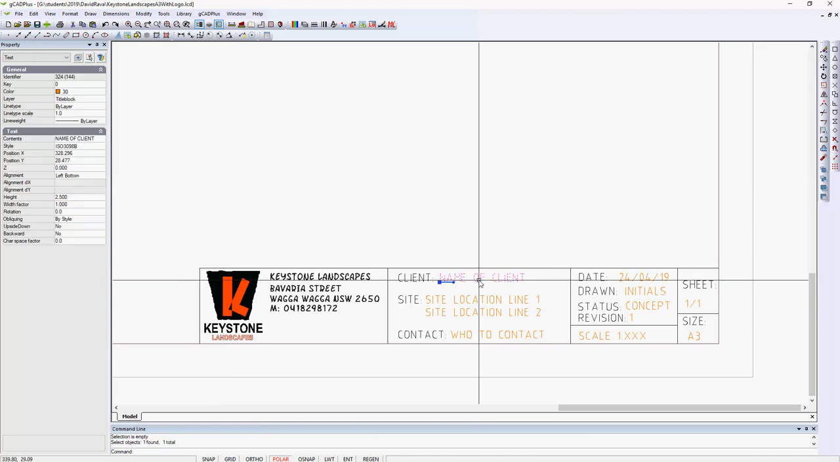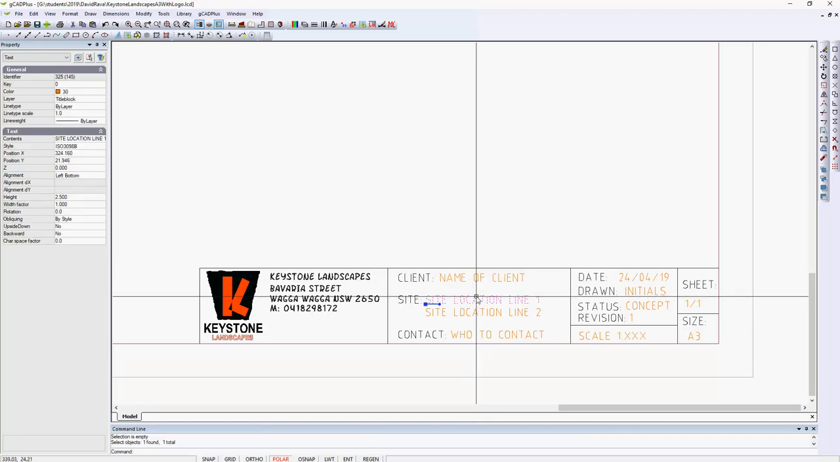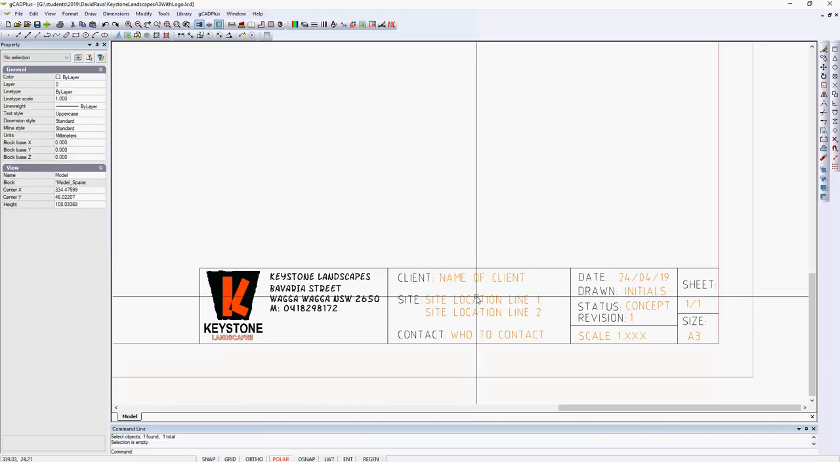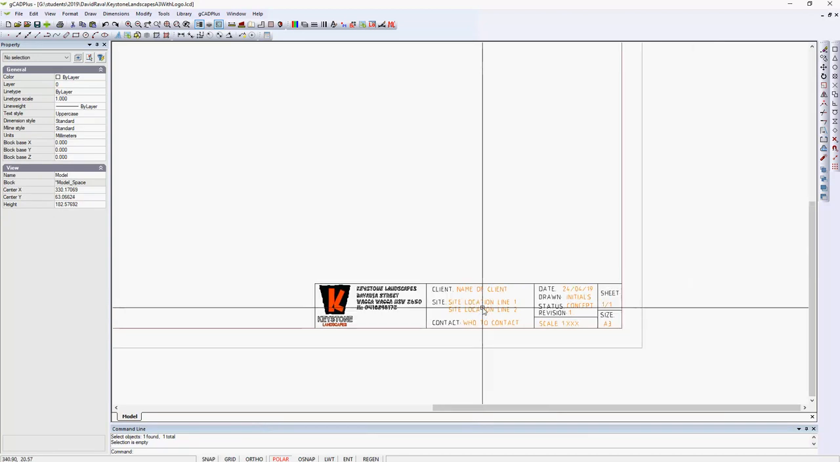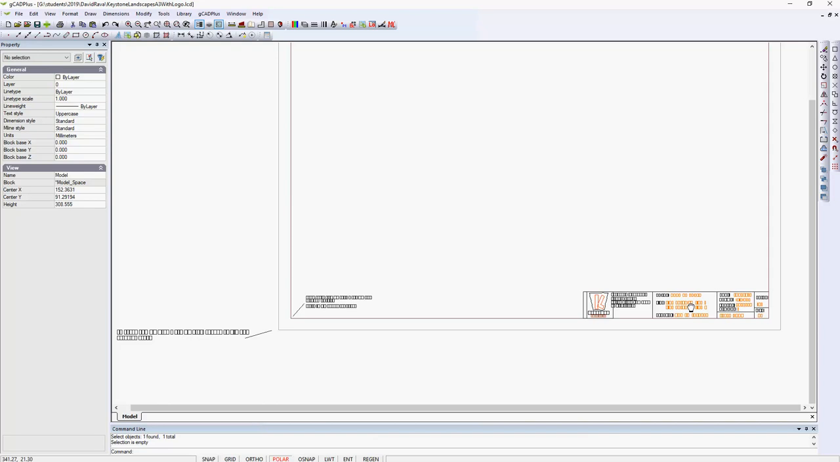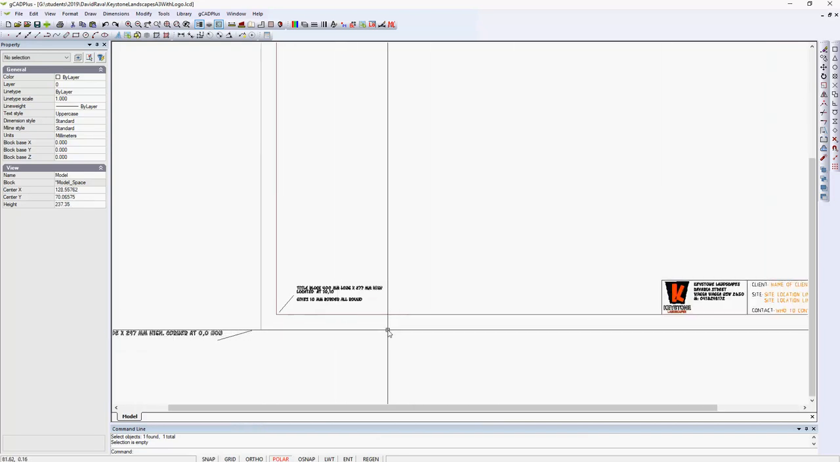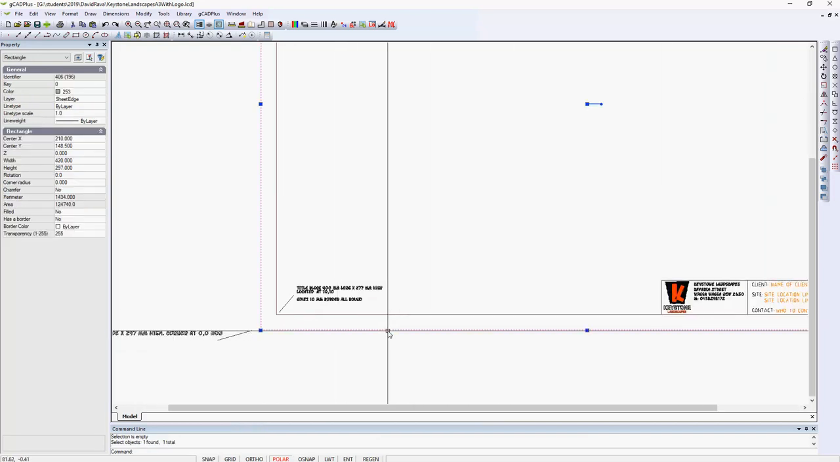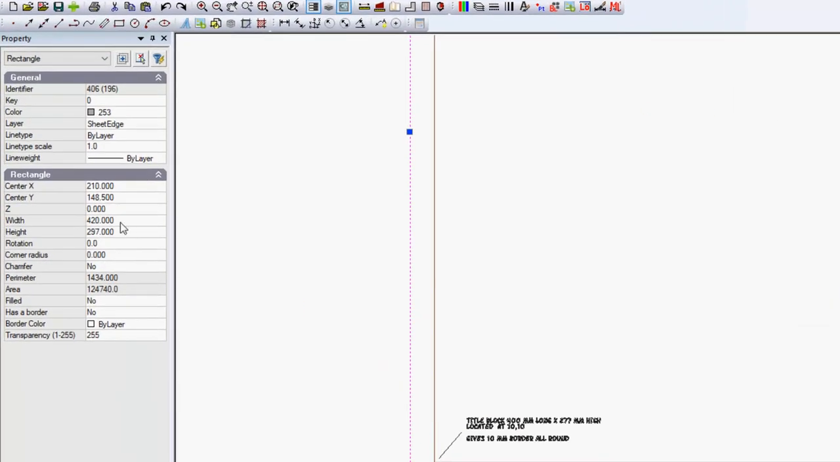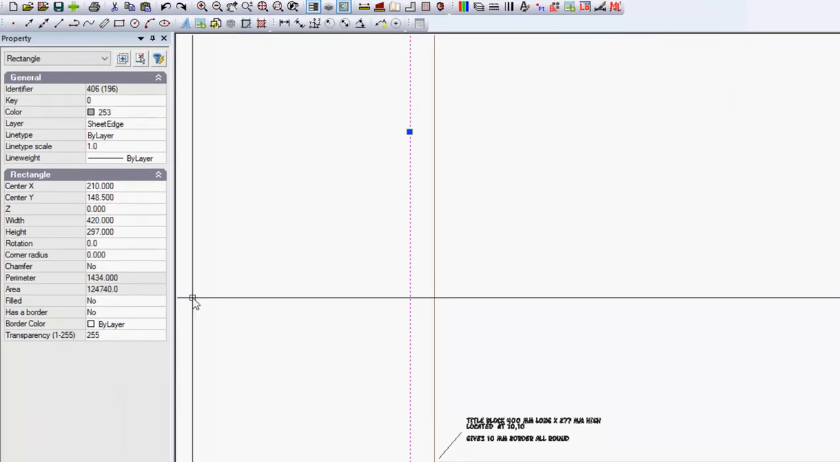But we've made the text that is going to be replaced, the name of the client and site location, we've given that a colour. So the colour indicates to us when we're using this template, these are the values that need changing. If we zoom out a little, you may notice that the outside of this sheet, if I click on it, is 420 by 297, 420 millimeters by